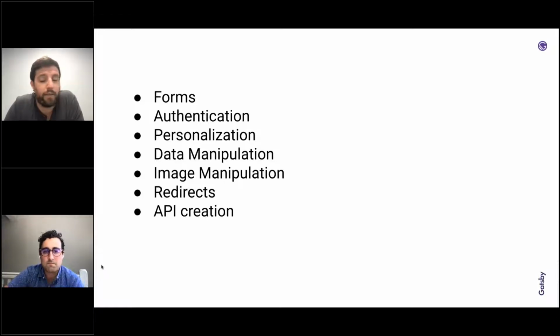Any others that I left off in the short list that you want to talk about before we get to our live demo, Joel? No, I think the form interactivity, authentication, API creation, those are some of the use cases I've gone deeper on. So today we'll focus on both forms and API creation, and then I'm sure folks can ask questions about some of the other use cases as well.